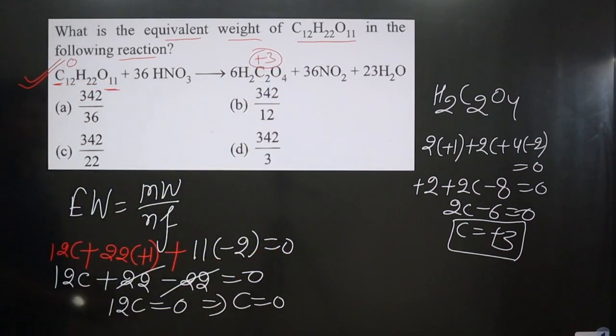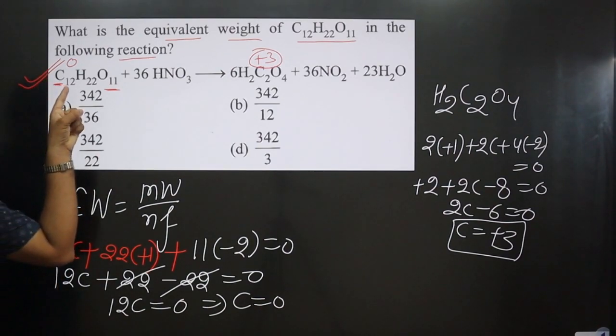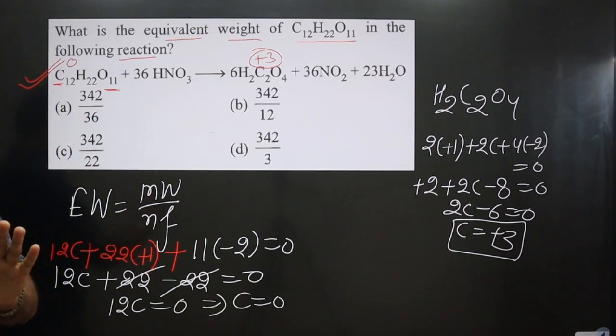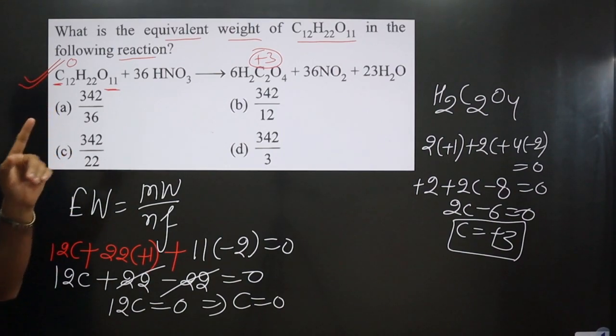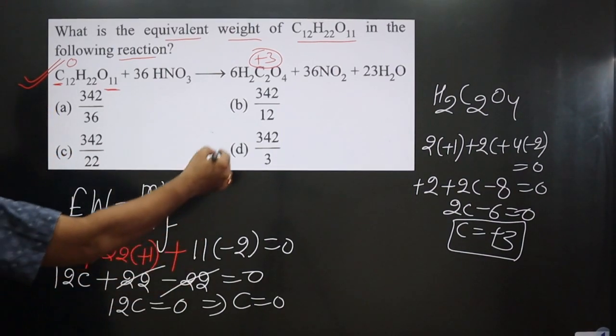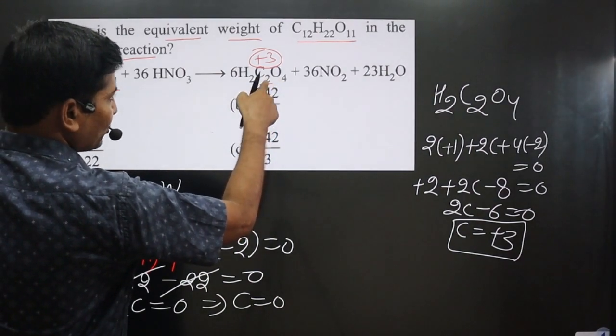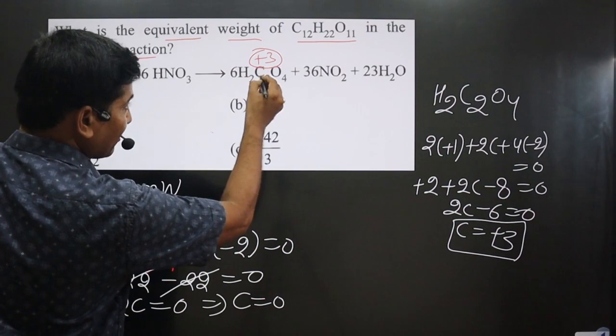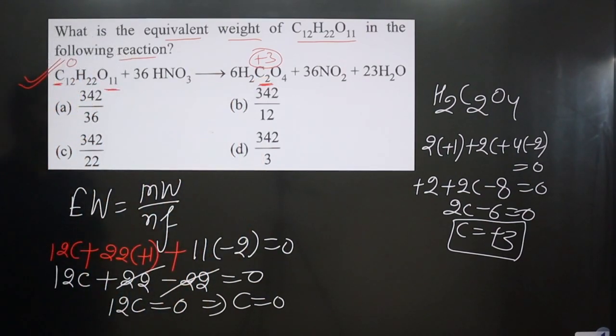Now pay attention very carefully. Look at the number of carbon present in the chemical formula. How many carbon? 12 carbon. Then for 12 carbon we have to calculate the n factor value. The difference in oxidation number should be for the 12 carbon. In this case also you can see how many carbon there are? 2. If I calculate the n factor value, then I have to calculate the difference in oxidation number for the 2 carbon. Then you get the n factor value.